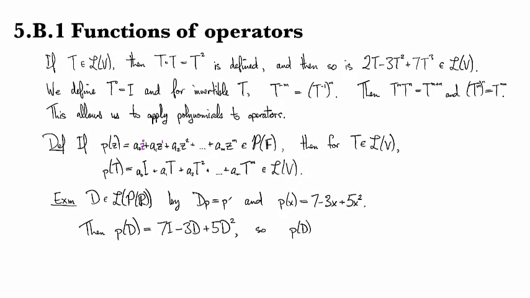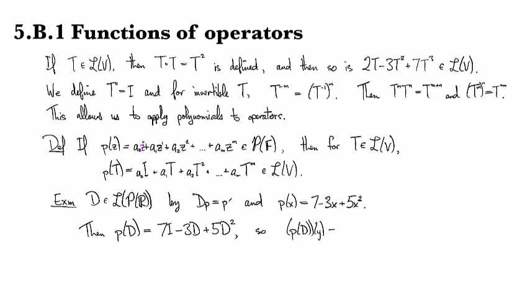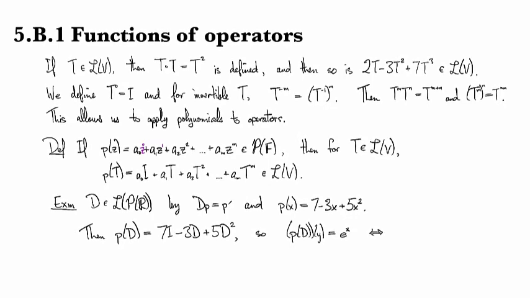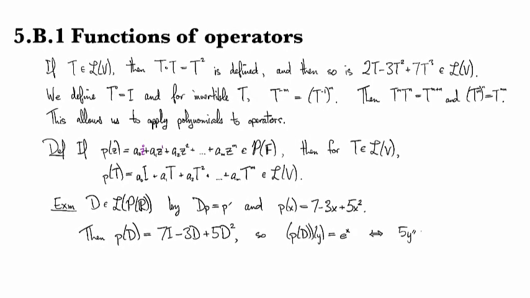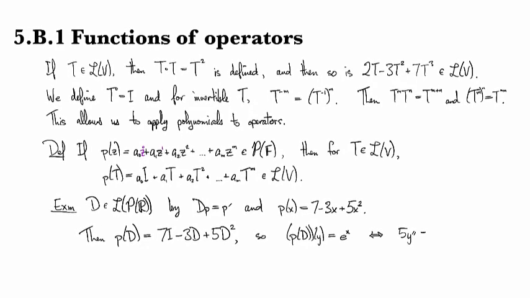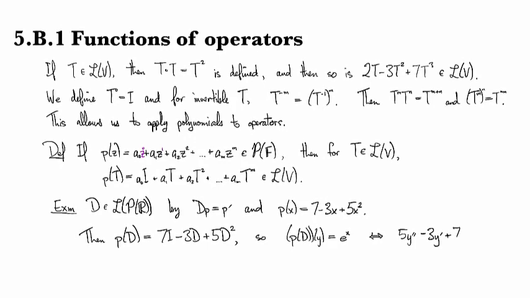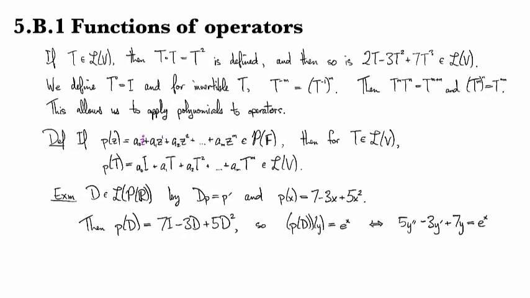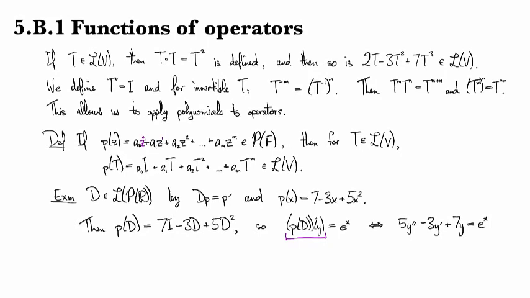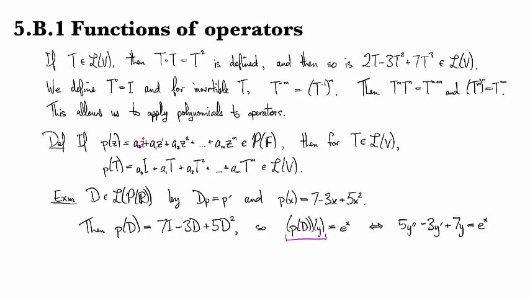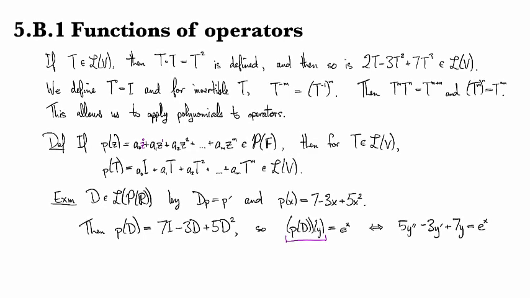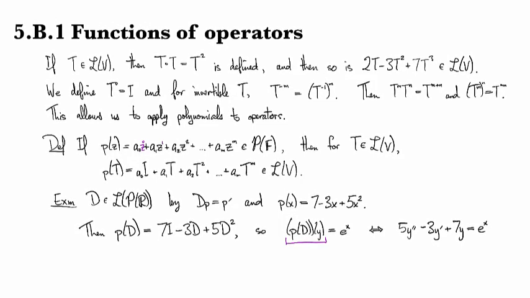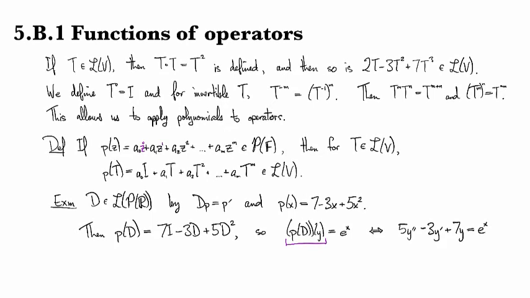So p(D) applied to y equals e to the x is a way to encode the ordinary differential equation 5y double prime minus 3y prime plus 7y equals e to the x. And so it turns out that this becomes a much handier notation for dealing with differential equations, especially in partial differential equations, when you look at polynomials in several variables and you might have a d/dx going in one slot and a d/dy going in another slot, and so on and so forth. But anyway,